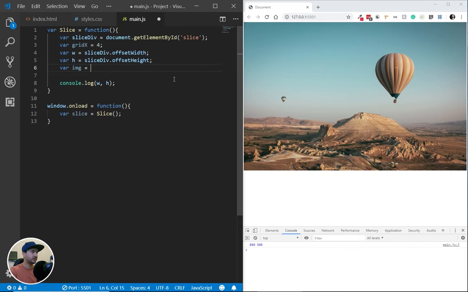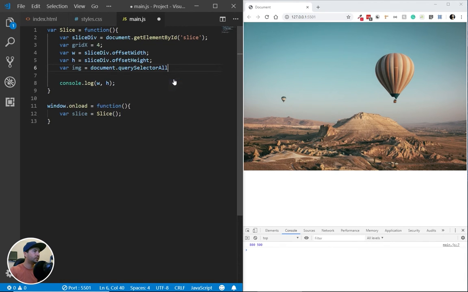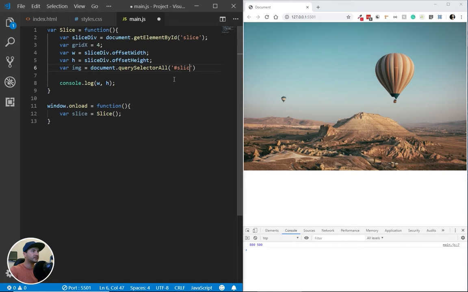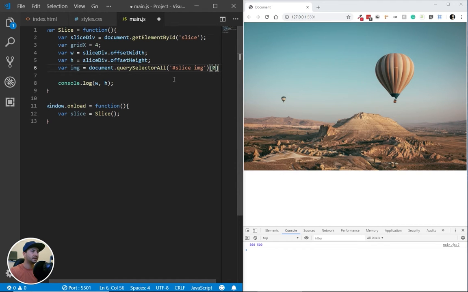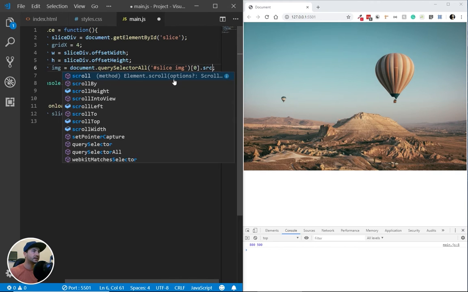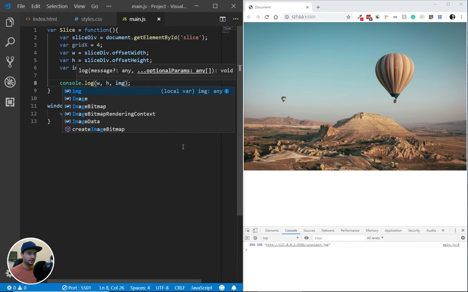What I'll do is document.querySelectorAll, then I will select the div slice, the image inside it, and also select the first image by doing this. I always get this wrong, so it's like this. Okay. If I was to log the image, we now get the width, the height, and the image source,